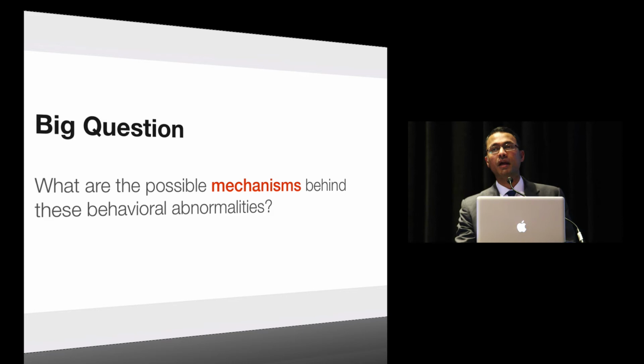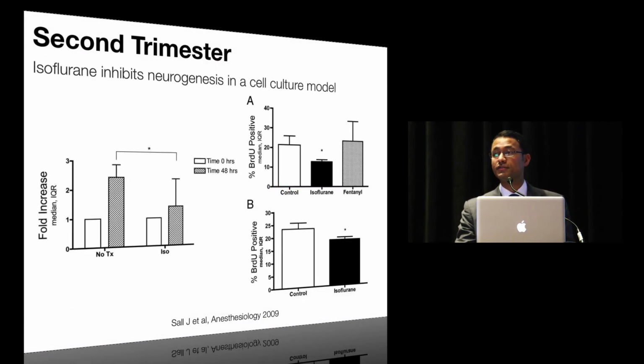And we do have some data from other studies suggesting what could be going wrong in the fetal brain at this particular period of neurodevelopment. So the first study actually comes from UCSF, Jeff Saul and Greg Stratman's group, and they looked at the impact of isoflurane on neurogenesis in a cell culture model. And the first graph shows a fold increase in the number of cells. And you can see here that with exposure to isoflurane, there's a 42% decrease in the total number of cells